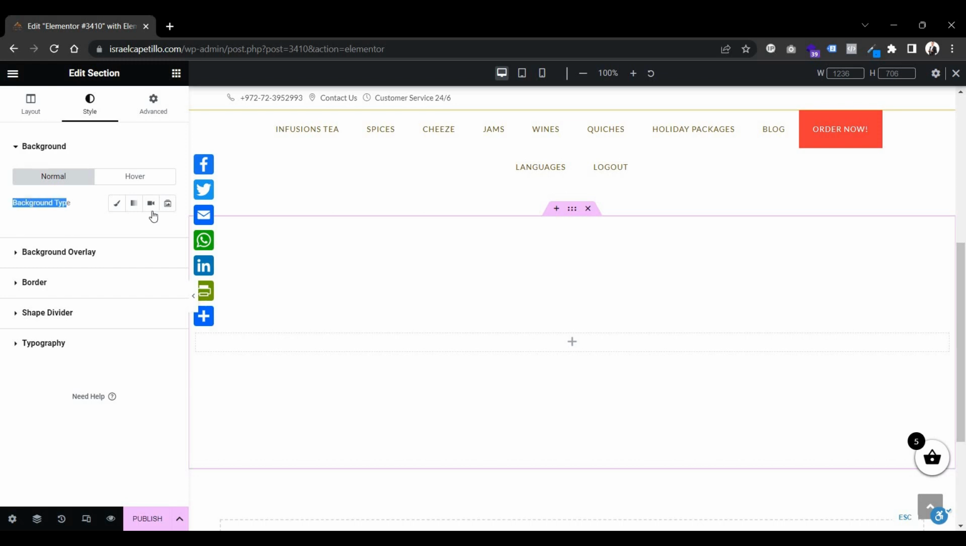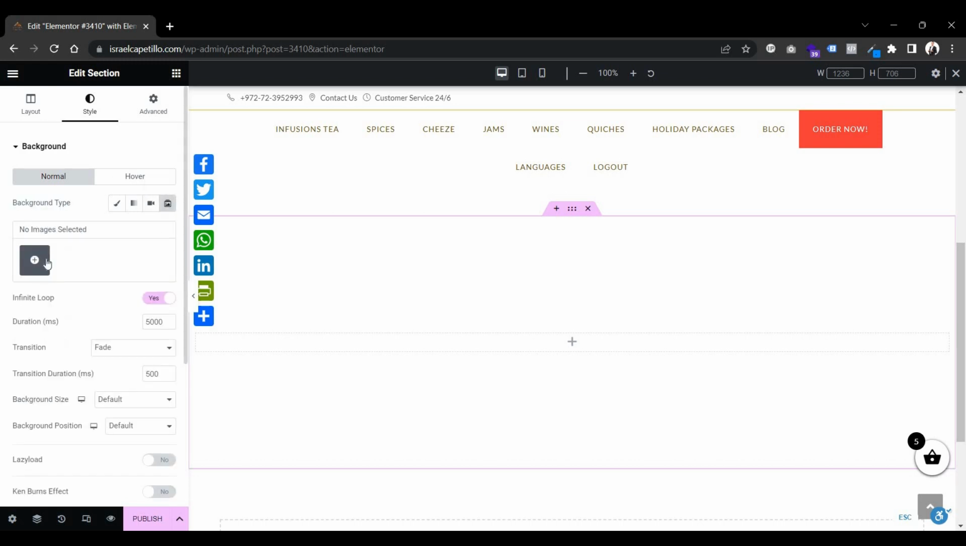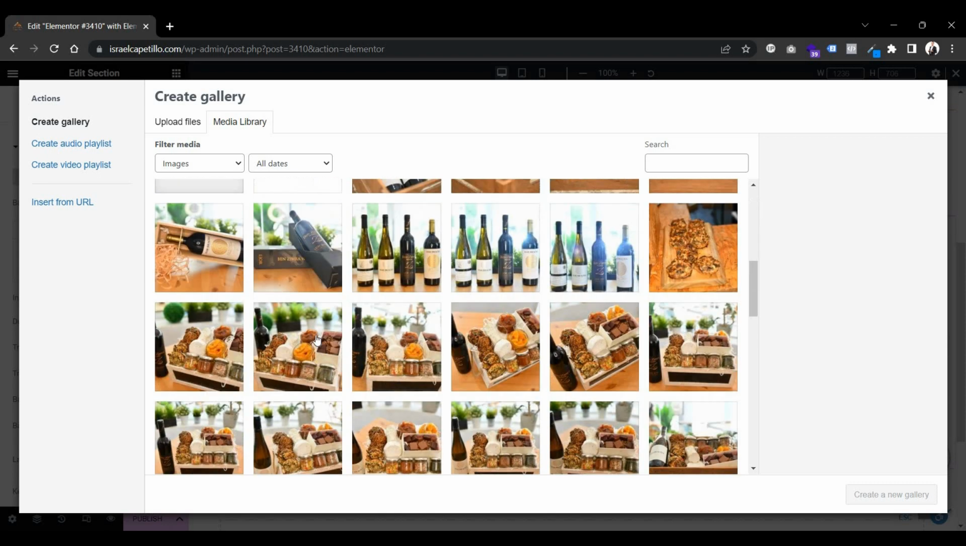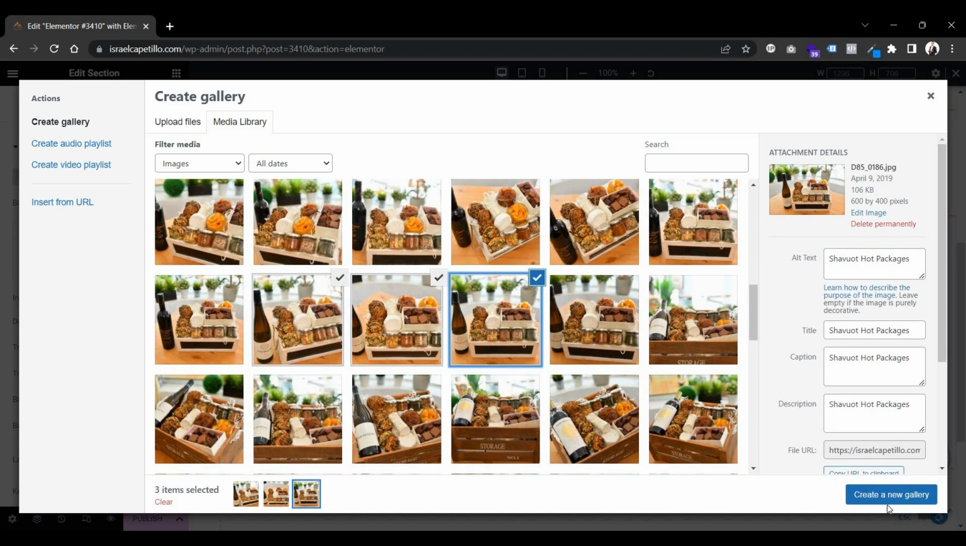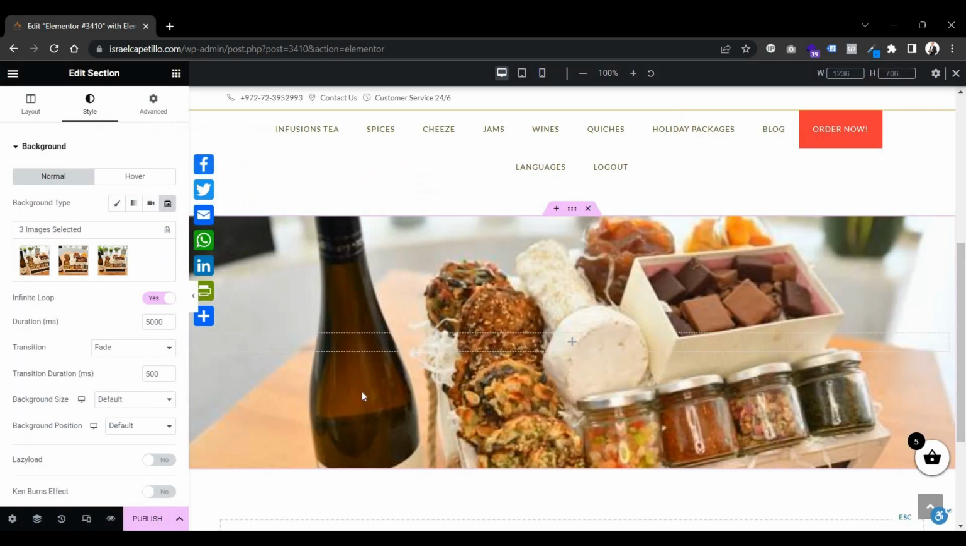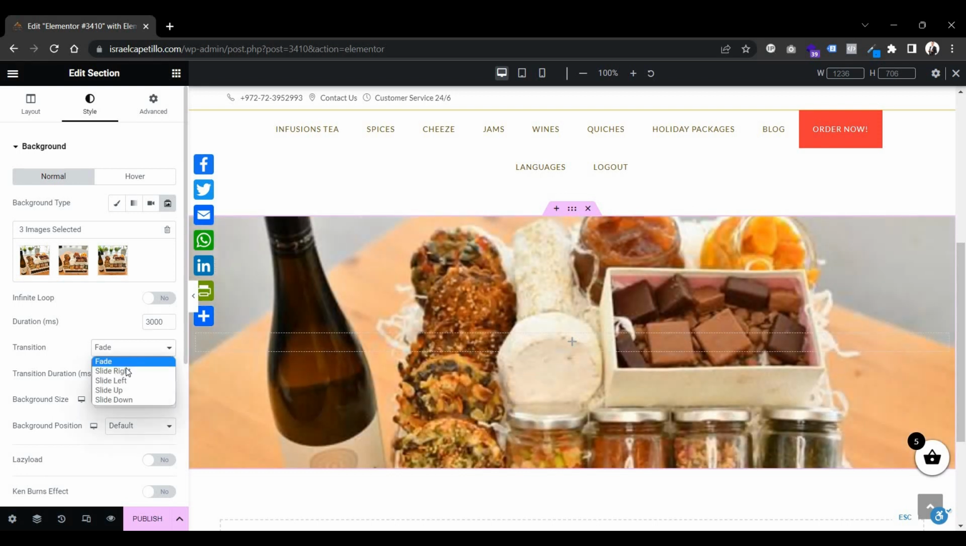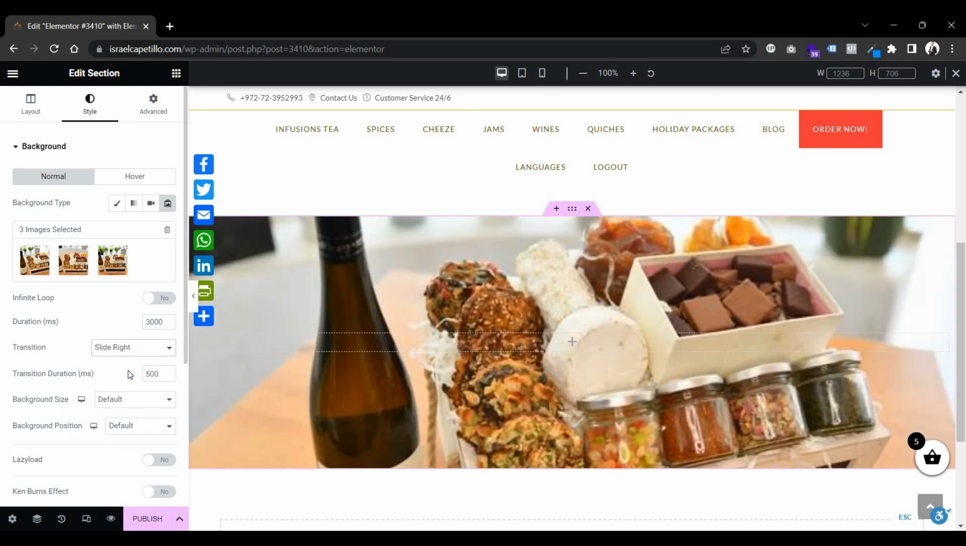The background type should be slideshow, and you can add as many images as you want. Let's take for example 1, 2, 3 different images, create a new gallery and insert it to the gallery. Right here you can make it an infinite loop, and of course make the duration 5 seconds or 3 seconds, it's 3000 milliseconds. And of course the transition should be fade or slide right